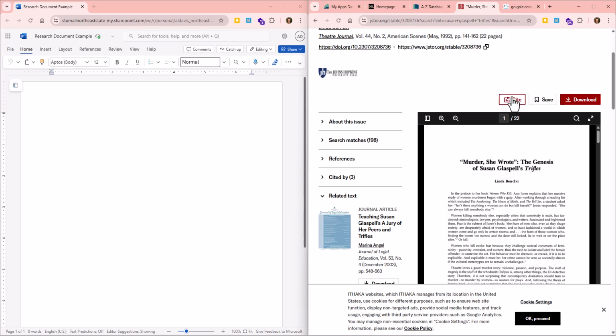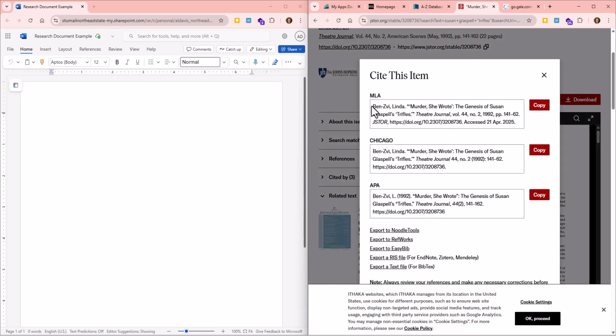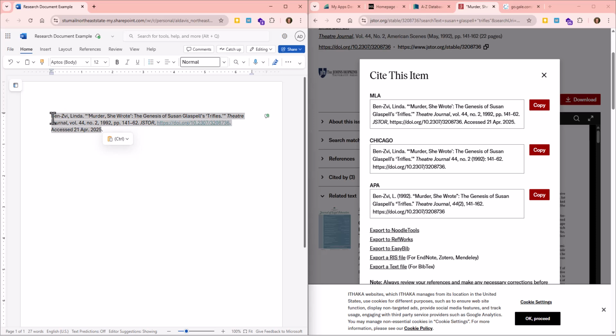That way I don't even have to worry about it moving forward, and I don't have to come back to here if I don't want to. I can just hit cite. I'm going to use MLA up here, copy it, and come over here and paste it in. The databases will give you the citation with all the stuff in order. Sometimes it's wrong, but we're just going to assume that if you got it from the database, the citation is in good order. But it's not necessarily going to be in MLA format, because MLA format is going to ask you to put it in